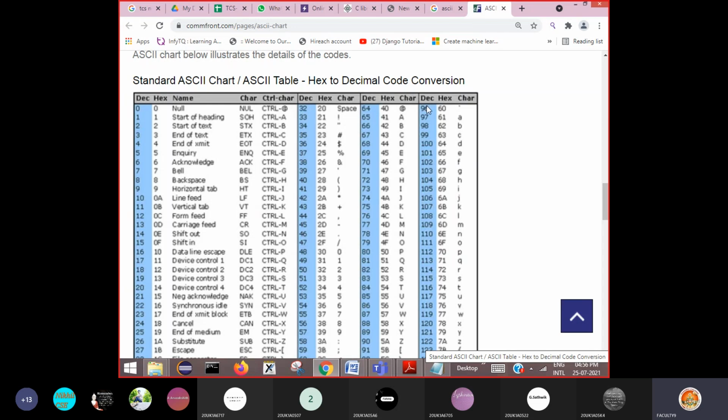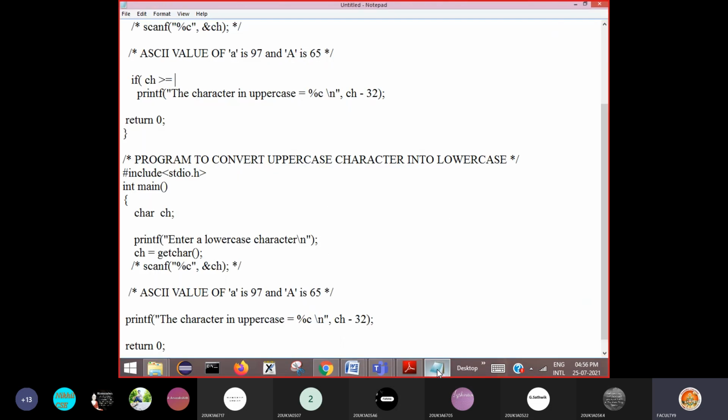That means from 97 to 122, all these are lowercase characters. Their range is between 97 and 122. If you enter any other character, it is not in that range, so you can print an error message there. That's how you can check whether the user entered only lowercase or not.